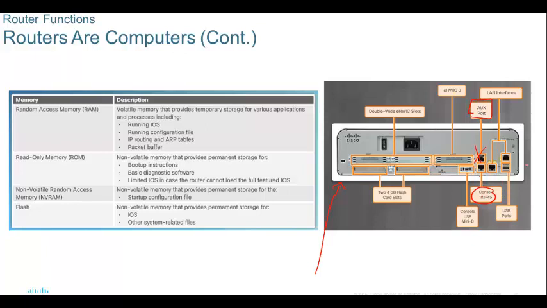And we also have the other ports. You see the LAN interface ports where we connect the end computers or switches, and you also have a USB port. Not on all routers will you see a USB port. Some will not have it. Why do we need a USB port? See, in a computer, why do we use a USB port? If I want to copy something from one computer to another computer,